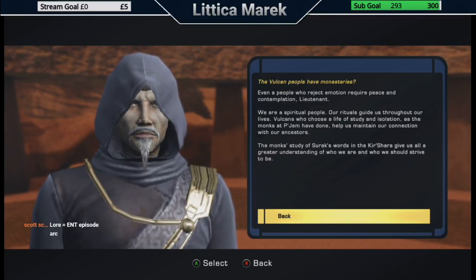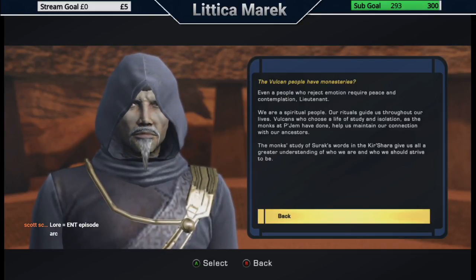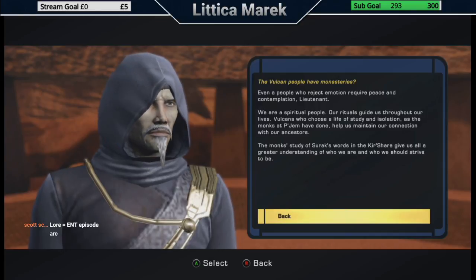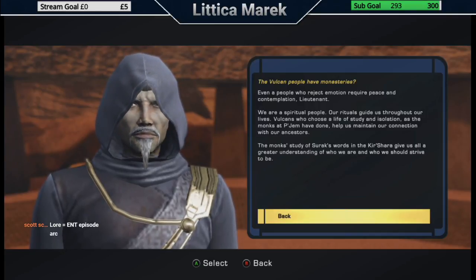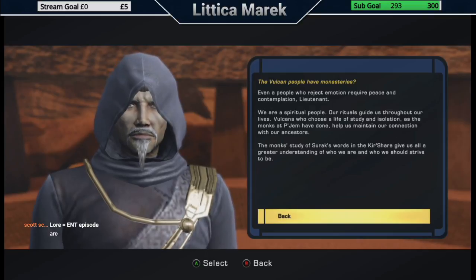This equals the Enterprise episode arc, if I remember right. Is that the one where they find a research base? A secret Vulcan research base. I vaguely remember that episode, so...